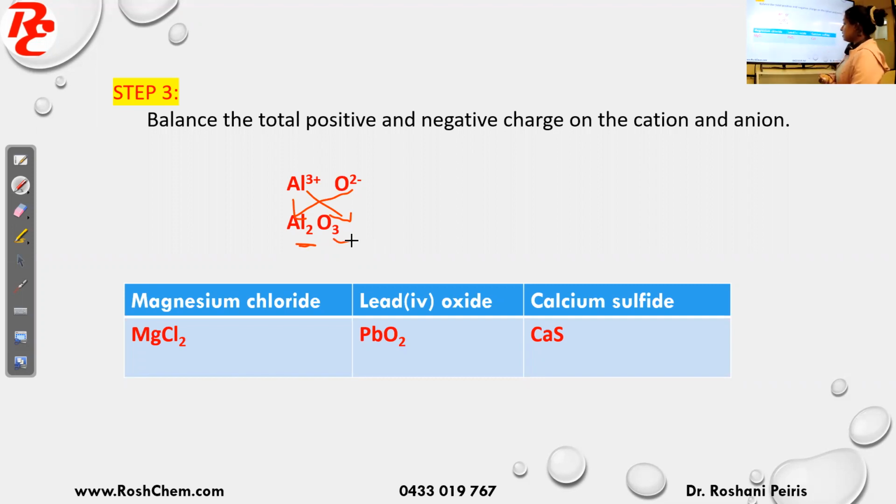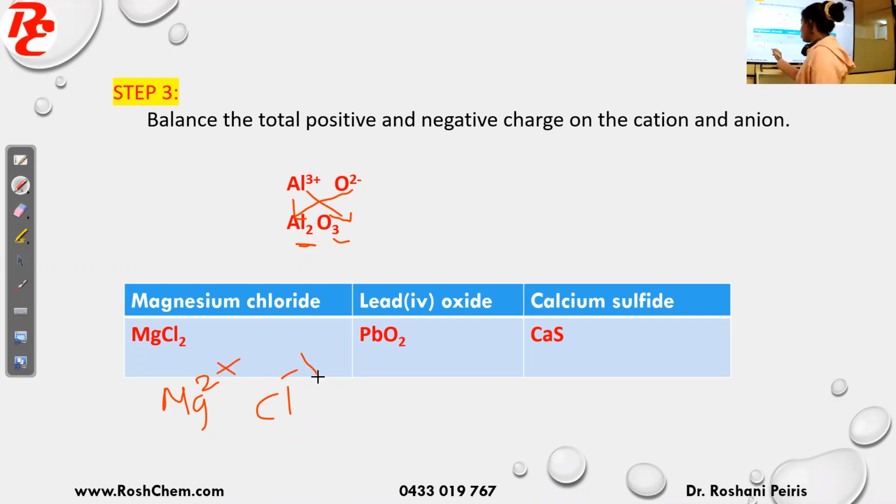Right, we will take some other examples now. Magnesium chloride. So now first find out the charge. First identify the elements or the cation and the anion, and then find out the charges. So when I say magnesium chloride, we know that it's made from magnesium and chlorine. So find the charges from the periodic table now. So magnesium is under group 2, so therefore charge is 2+. Chlorine is under group 17, therefore the charge is -1.